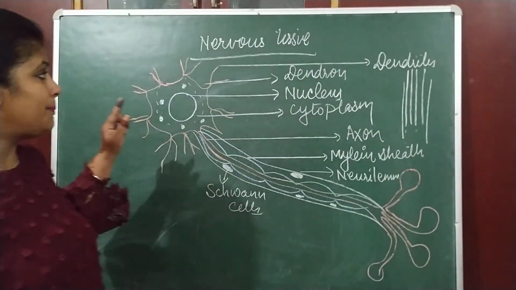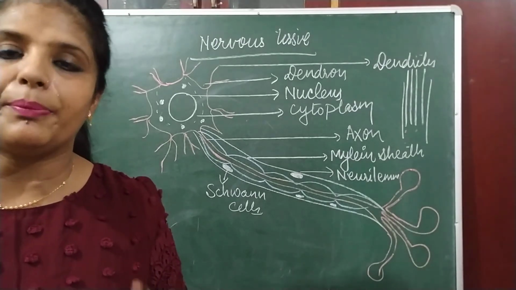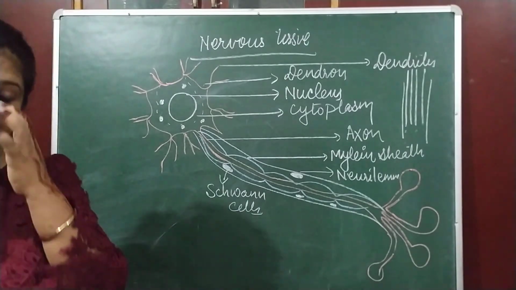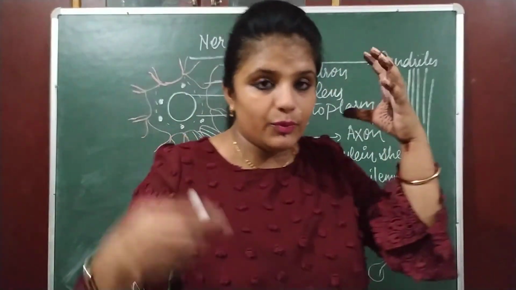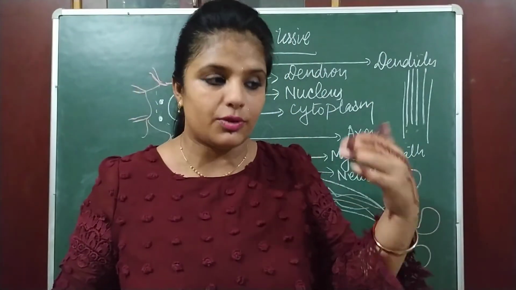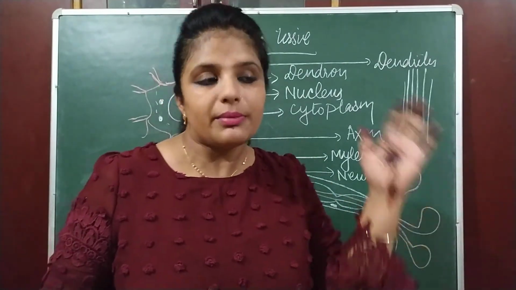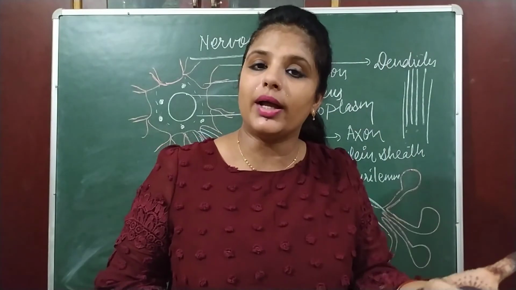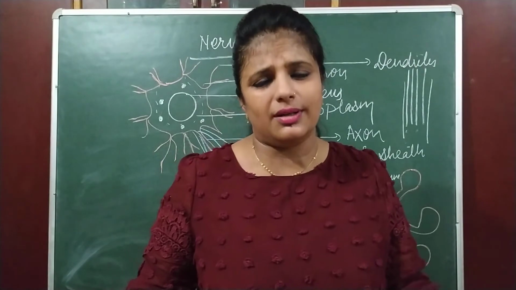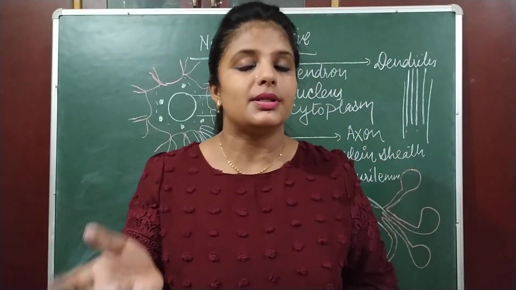The basic property of nervous tissue is that once damaged, it cannot repair, it cannot divide, it cannot form again. That is the reason we say that we should cover our head with a helmet, because if nervous tissue is damaged because of any accident, then we cannot repair it. We used to say, don't hit on the head. Why? Because if someone hits you here and for any reason your nerve cells are damaged, you cannot repair them.